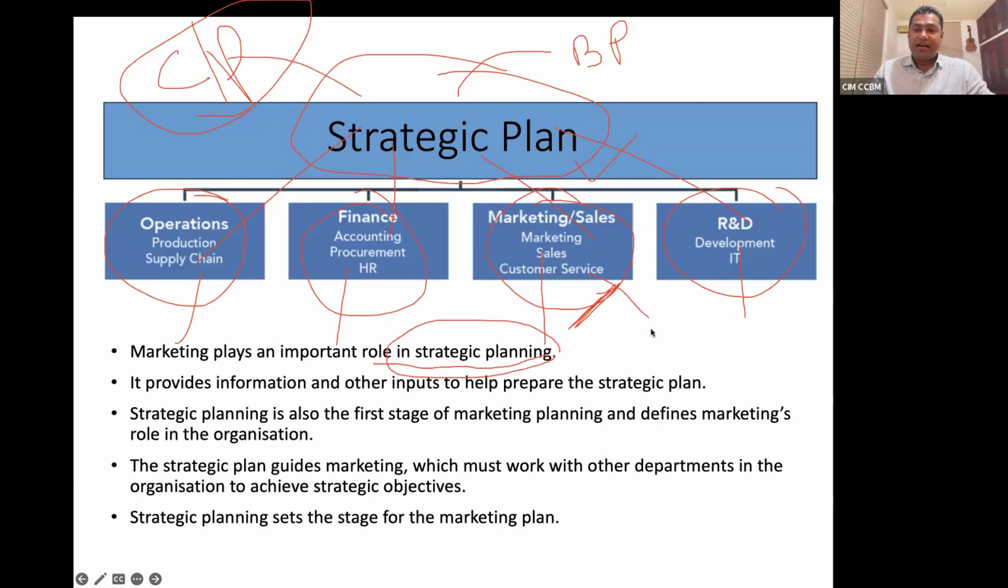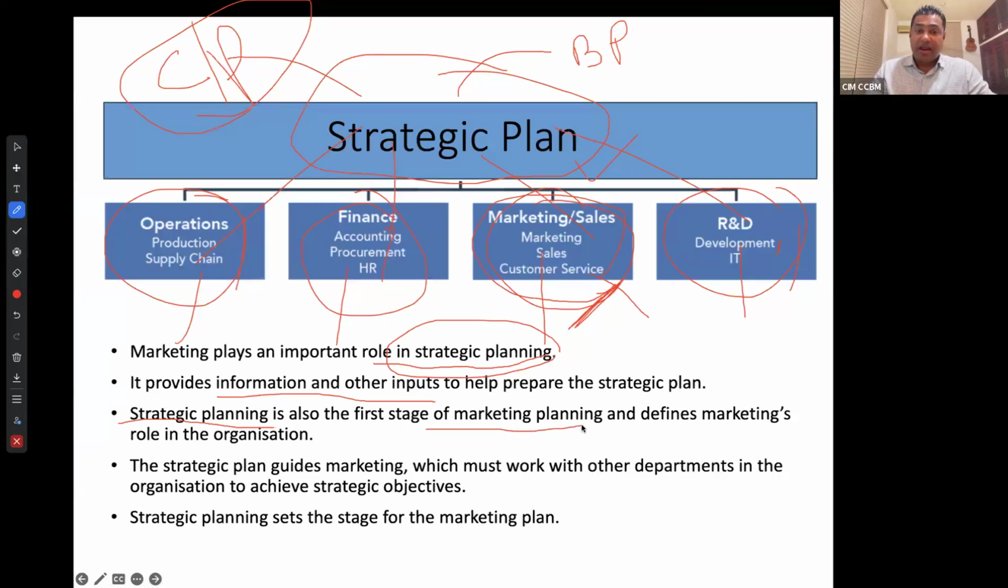If you don't have income, then there's no point doing any of the other activities: finance, HR, manufacturing, operations, IT. Those are all costs. Therefore, sales and marketing becomes a very key function. Marketing provides information and input to prepare the strategic plan, right? So strategic planning precedes marketing planning,